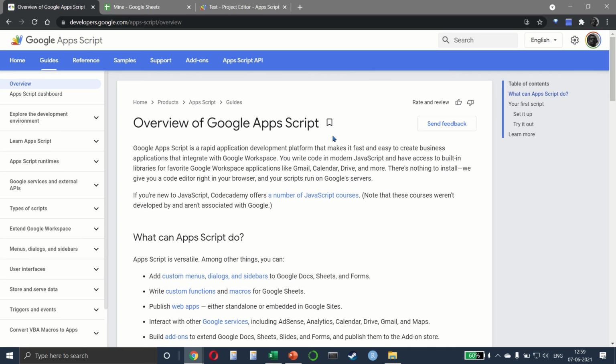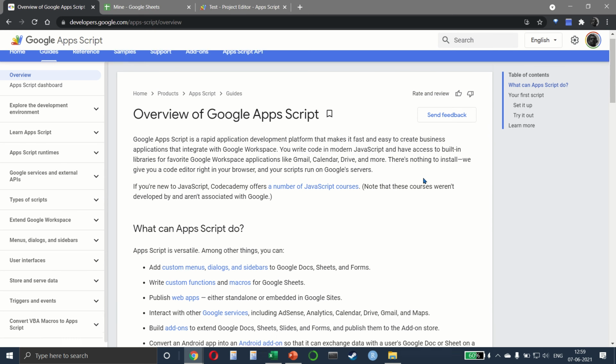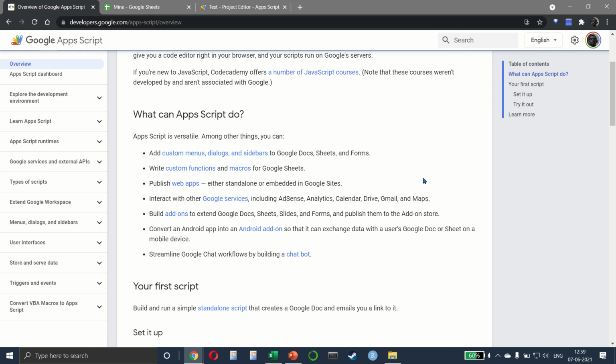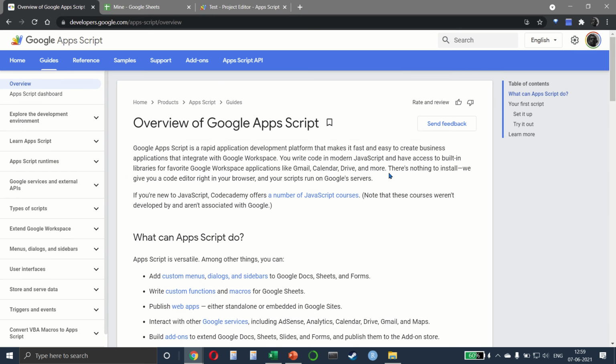The best way to get an overview is to go to developers.google.com and then go to the app script page. And Google has tried its very best to give you a very broad idea of what it is, and there are many different examples that it has given as well. But this has really been created for developers in the sense that even though step by step instructions have been given, if you come from a non coding background, it might be a little daunting for you.